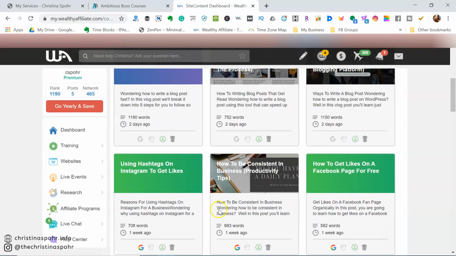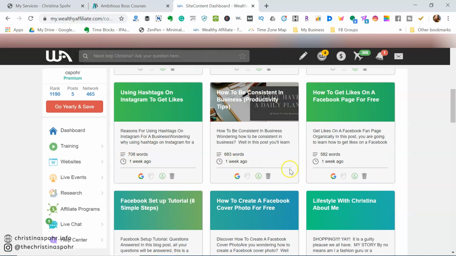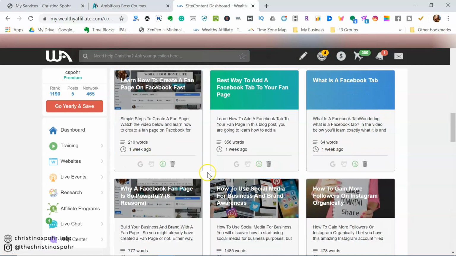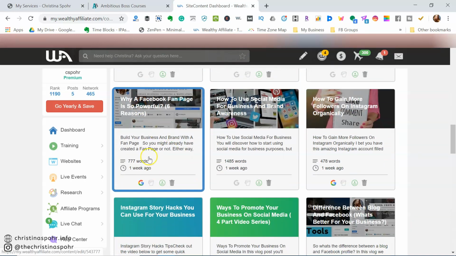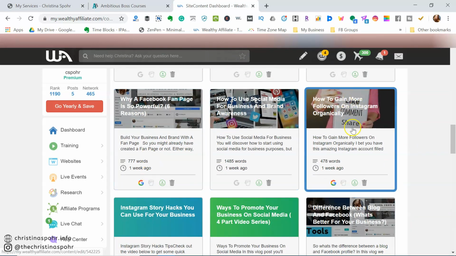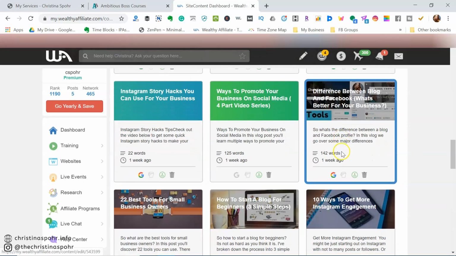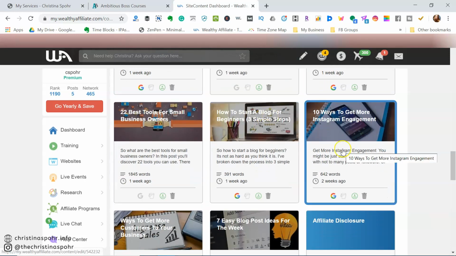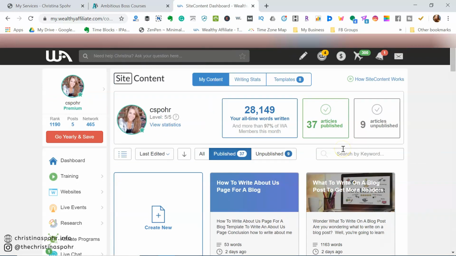These haven't actually been indexed yet, but a week ago, all these got indexed. You can see those didn't get indexed. These didn't get indexed for the Facebook. But then here, this Facebook one got indexed. How to Gain Followers got indexed. A few more got indexed. Here's some more. So this is really good for you to see,